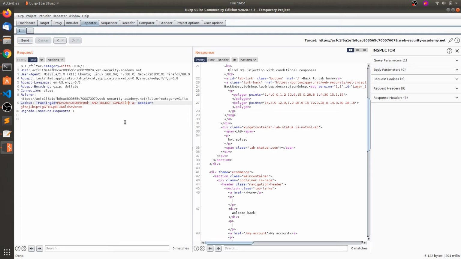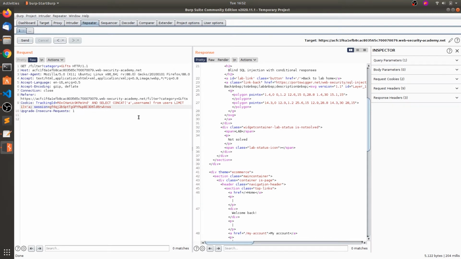Concat of small a comma username. So I'm just guessing this one. Normally in the users table it can be username or ID from users limit 1.